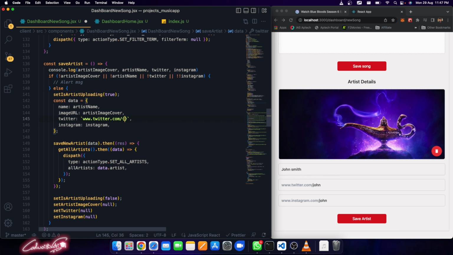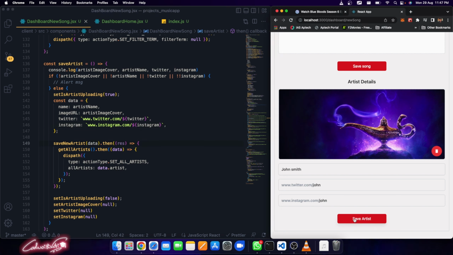Over here, I need to open the... Here I need to paste the Twitter informations. We have to do the same thing for here also. www.instagram.com/$ paste the change. This is how we need to save the informations. Fine. Now when I click this,